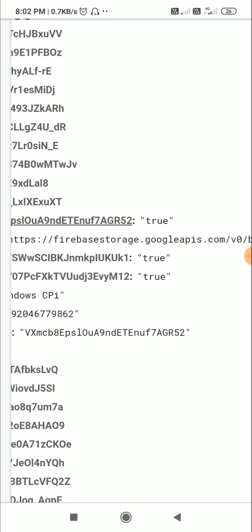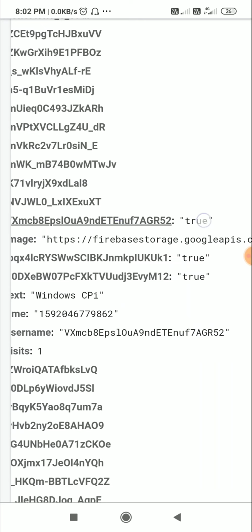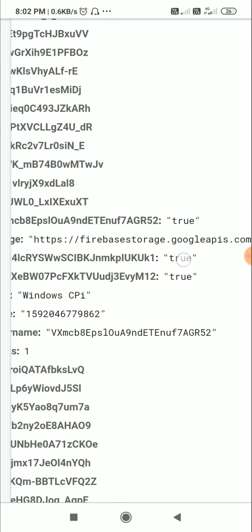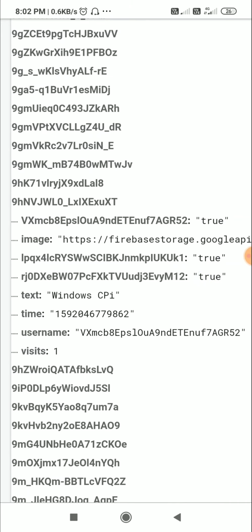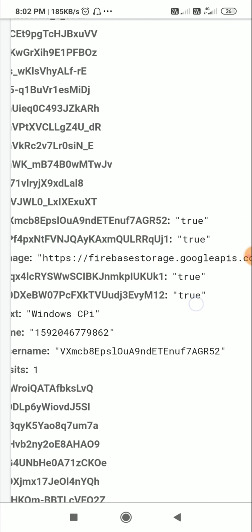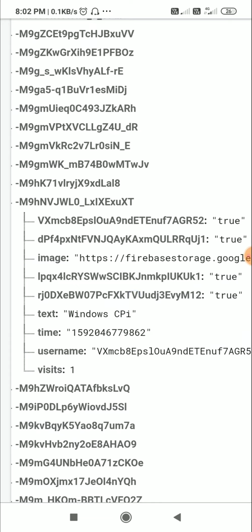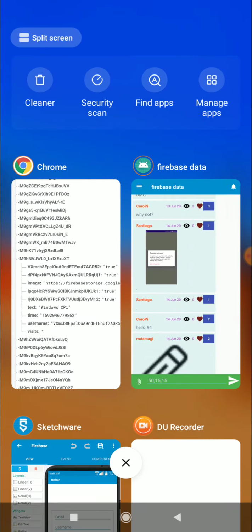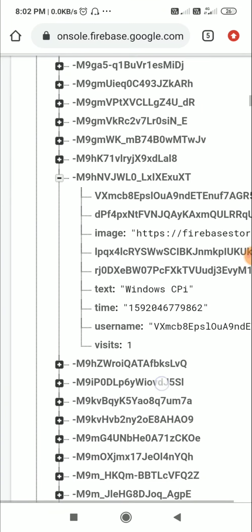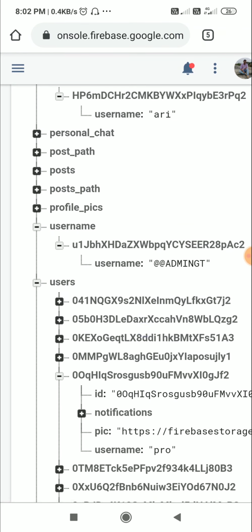All those users who have liked the post, their user IDs are used as key and the value is true. So here I will get the post data, and in this post data I will check if the value is true, and if the value is true I will add the user ID to a list map using any key. And I will also show you the list of users. So those UIDs are used here.